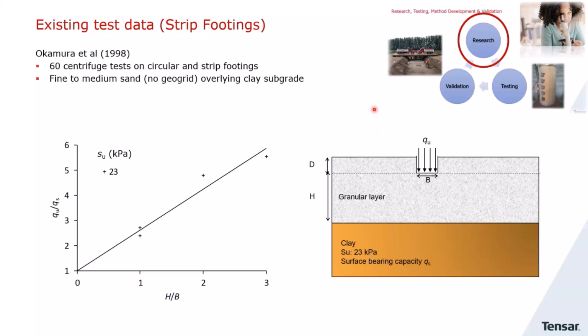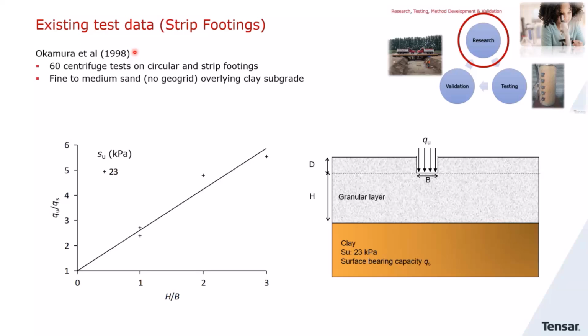So the first step that we did was to assess a new relationship between the bearing capacity of the subsoil, the acting forces on the granular raft, and the geometrical ratios,